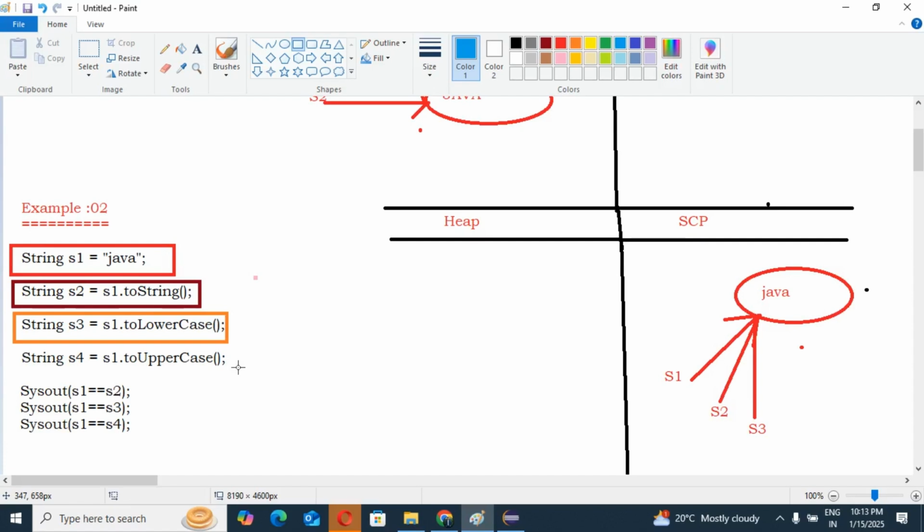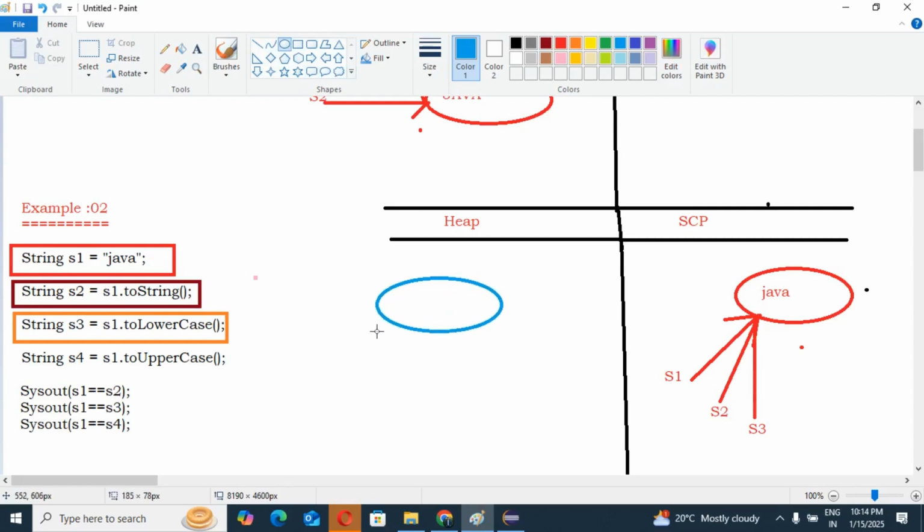What I have told, guys, as per the definition of string immutability, if we try to change the content, with those changes a new object will be created, because now the content will change, lowercase to uppercase. So for those changes, we'll create one object in our heap area, guys.